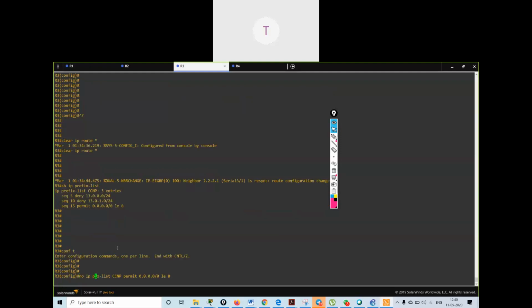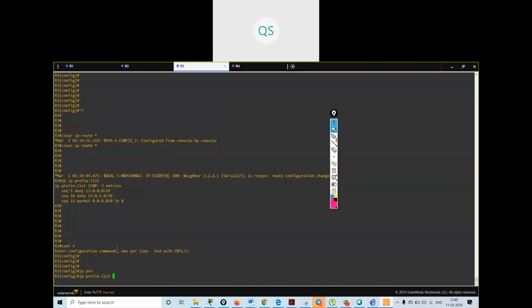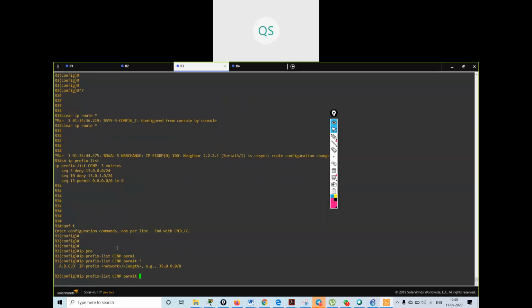See, if I go over here and say IP prefix list ECNP permit, what is it asking me? IP prefix network length. So I can give a specific network also. Okay.